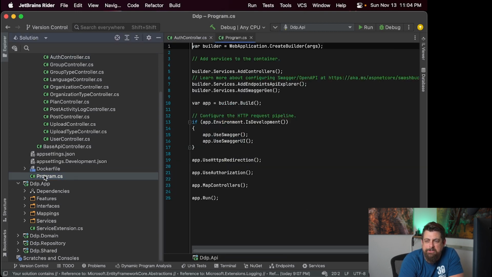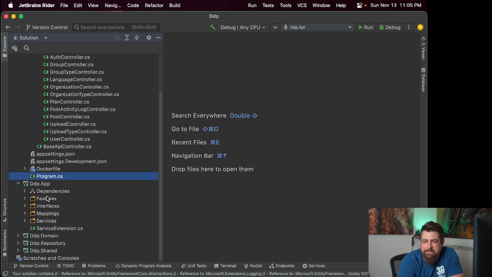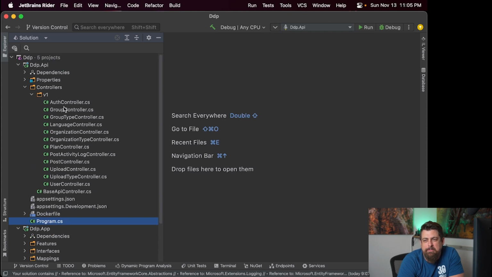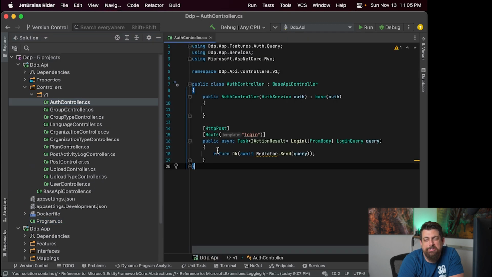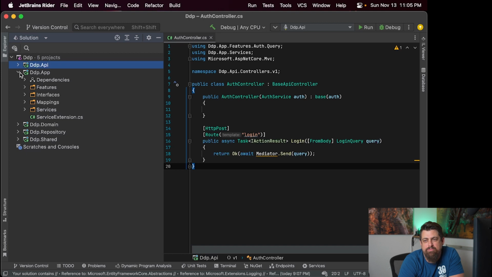What I'm also going to do is in my program file, I am going to, well, this is pretty empty right now because I haven't done much with it, but we will take a look here. So my controllers essentially do nothing but take the request and pass it on to the application. So let's take a look at the application. My application,